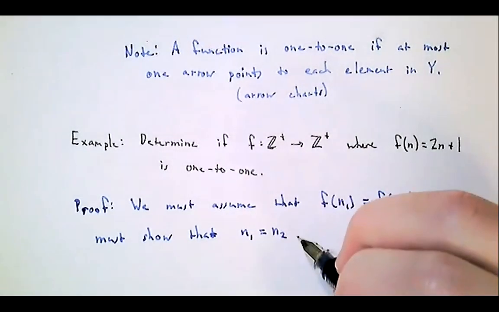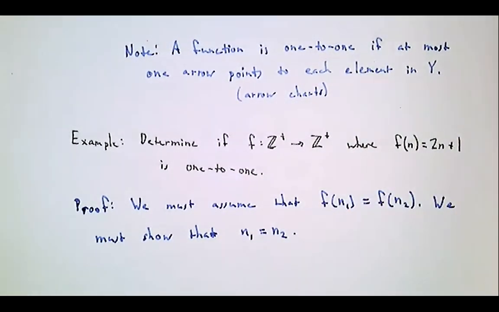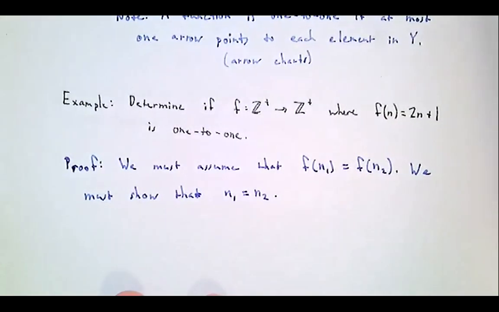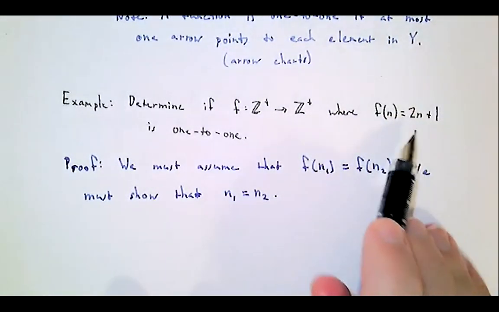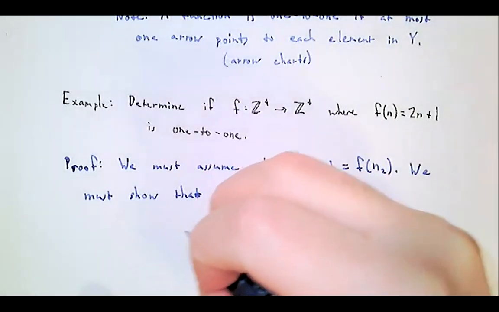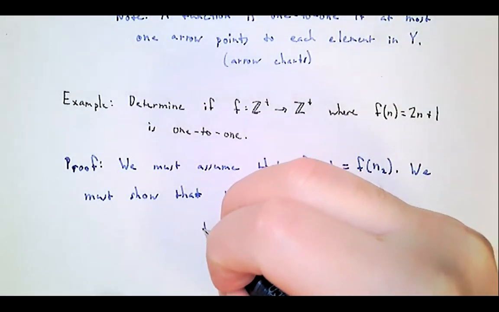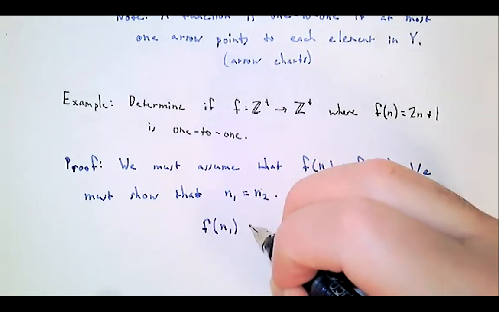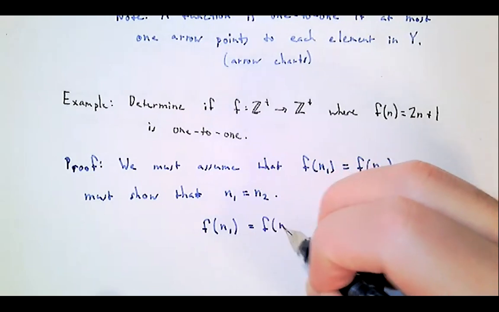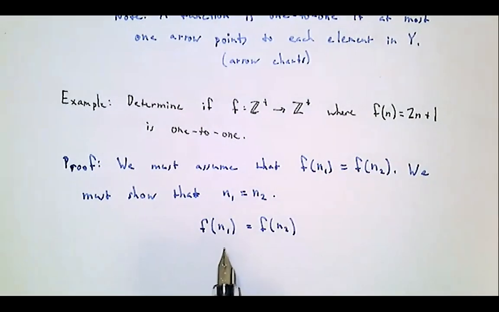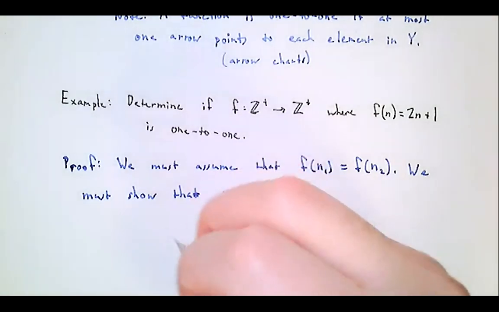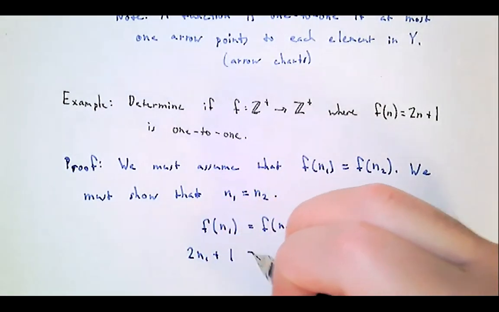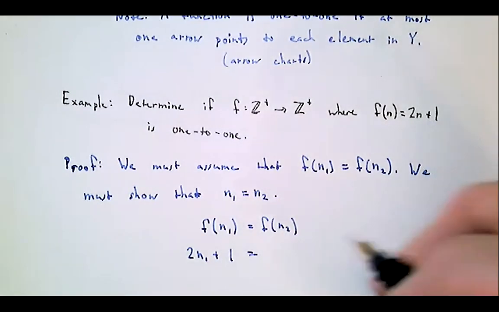And this is actually just a little bit of algebra once we set up the equation, because, well, f of n1 is just this. Maybe let's just set this up. So just plug this into the function, 2n1 plus 1. Plug n2 into the function,